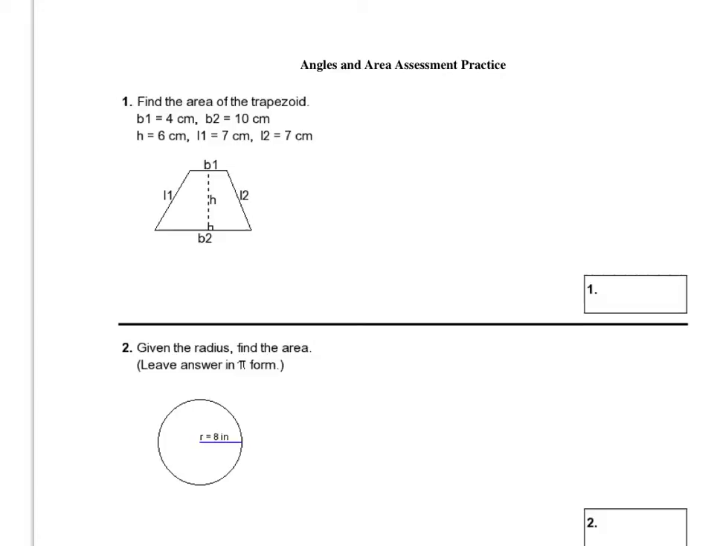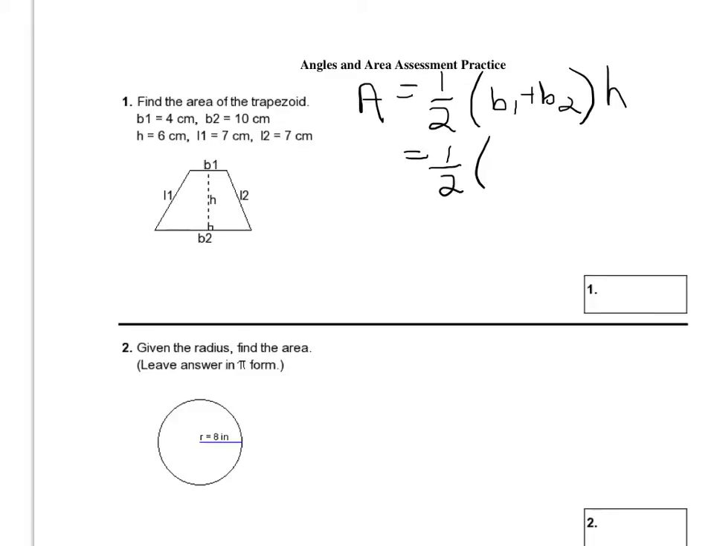All right, let's start. Number one, this is a trapezoid, and if you remember, the area of a trapezoid is equal to 1/2 the sum of the bases times the height. Well, we take 1/2, in this case the bases are 4 centimeters and 10 centimeters, and the height is 6 centimeters. We add the two bases together, and then we're going to multiply that, which is 14 centimeters, times 1/2